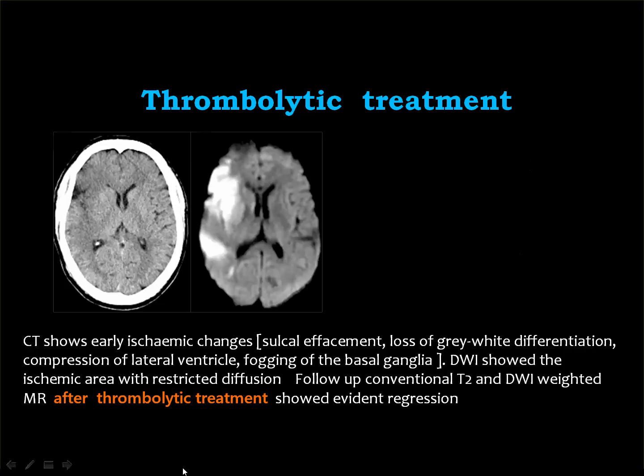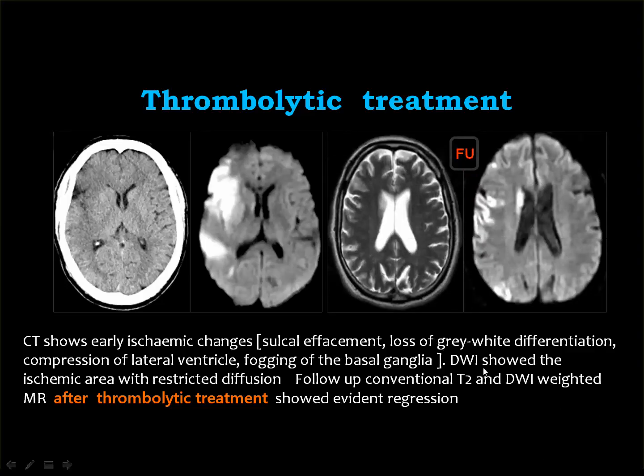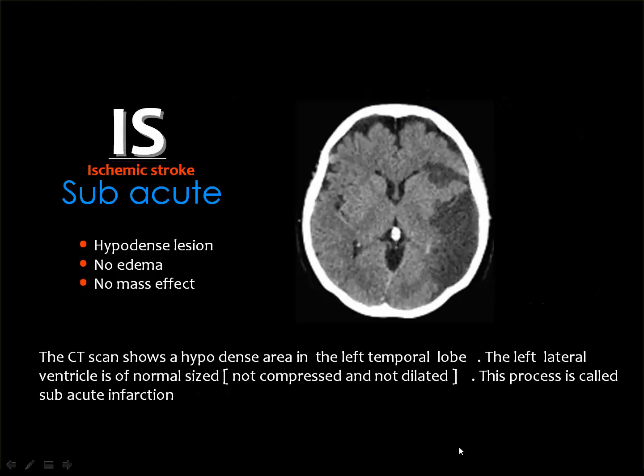This is an example. In the brain CT, you see nothing. In the MRI diffusion, you see the full extent of the infarcted area. After thrombolytic intervention, you got significant regression of the ischemic brain tissue. And this is the goal of treatment, to save the patient from